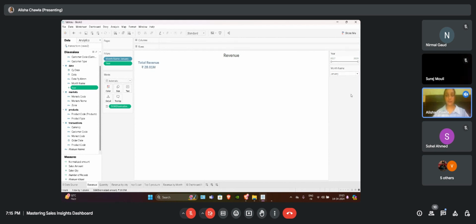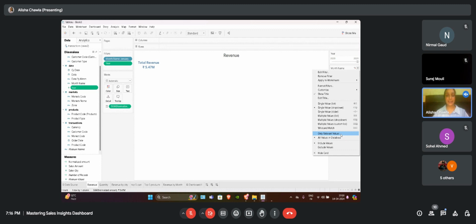One thing to add is that whenever we use two filters, like here we are using year and month, these two filters are correlated to each other. So whenever we have 2017 selected, it should give us all the month names available only in our data set. Let's say in 2020, it is showing us all the months from January to December, but we do not have complete months data. So to tackle this, on month name we have to choose only relevant values.